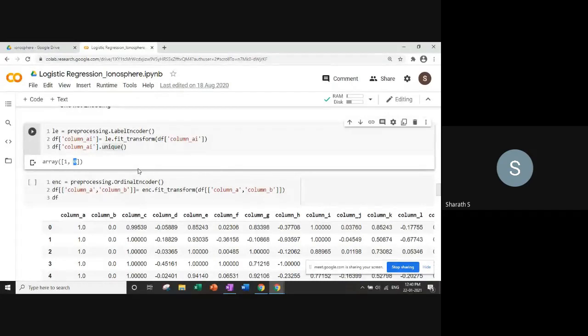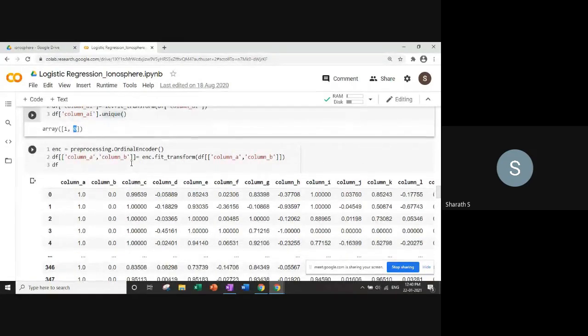And in ordinal encoding, suppose you have A, B, and C, it will say A is 1, B is 2, and C is 3. That is how it starts giving a number and incrementing that number for each different value. But in our case, we just had zeros and ones, so it is again going to say true is 1 and false is 0, and that is how it does an ordinal encoding.